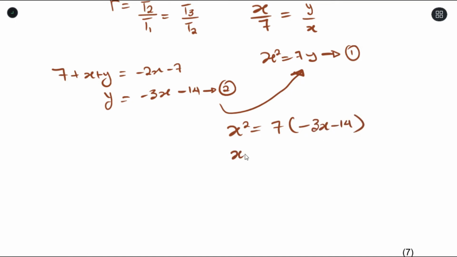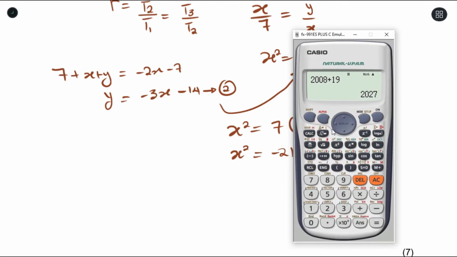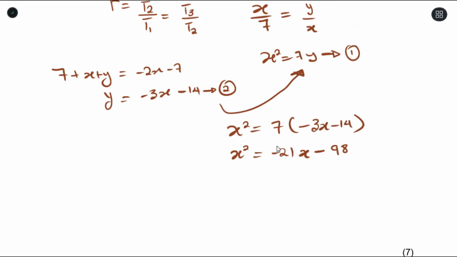Okay, then opening out the bracket and simplifying, this will give you... 7 times 14, 98, yeah, that's correct. 98. Now I move everything to the right hand side. This here will give you